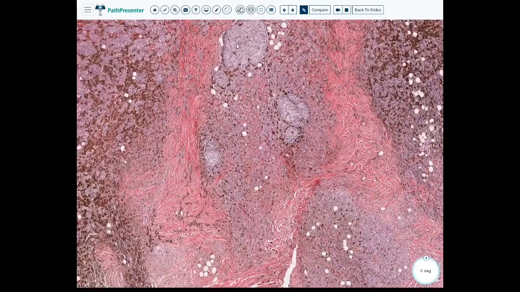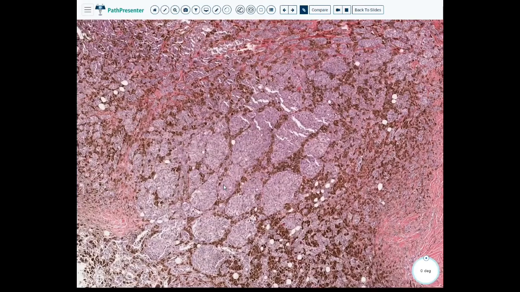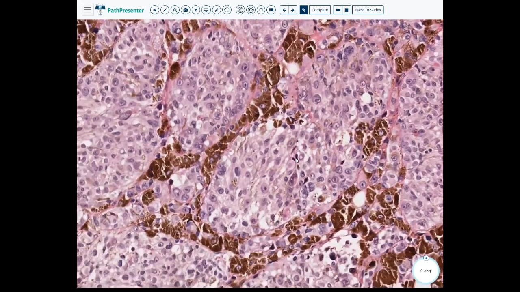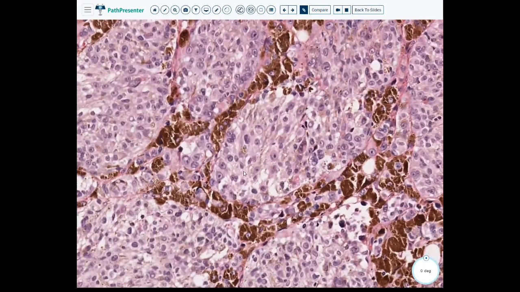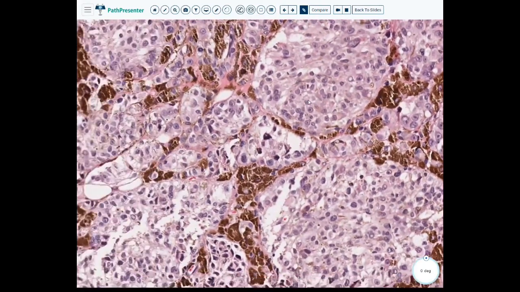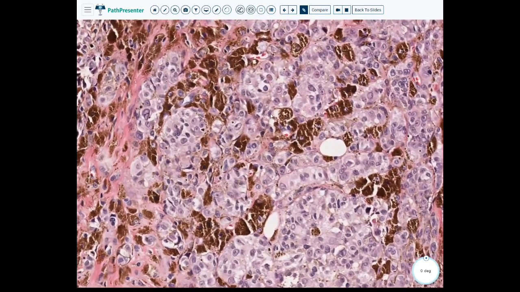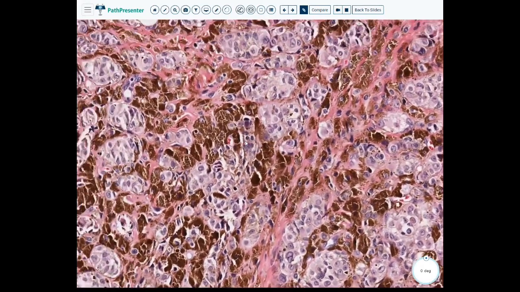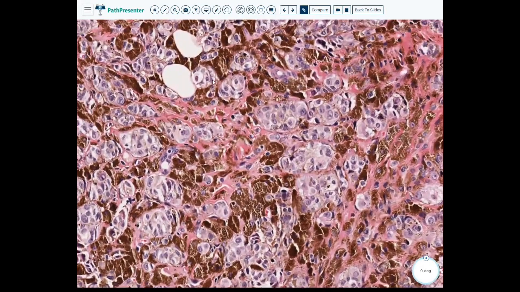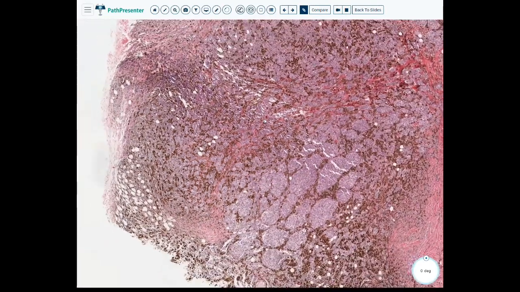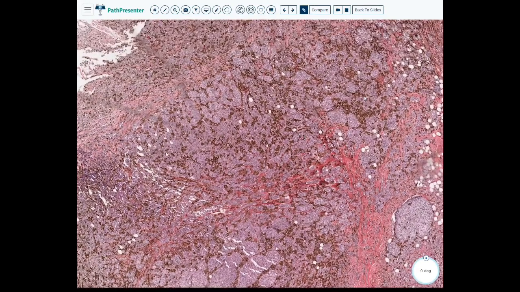So I'm already getting the sense, yeah, that is somewhat scary looking. Some mitotic activity, but some macronucleoli. But this intense pigmentation. So this really gives us, like, at somewhat low power, gives us a sense of like a blue nevus where we have these extremely pigmented lesions with these